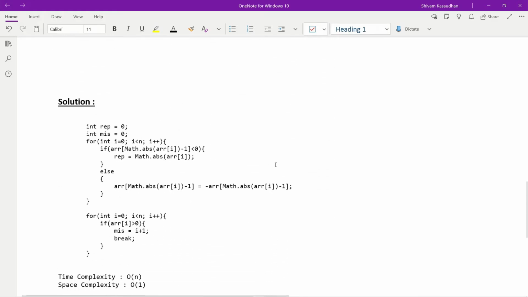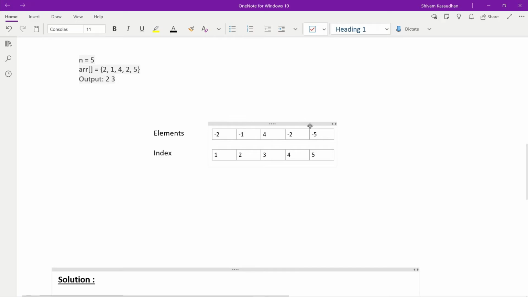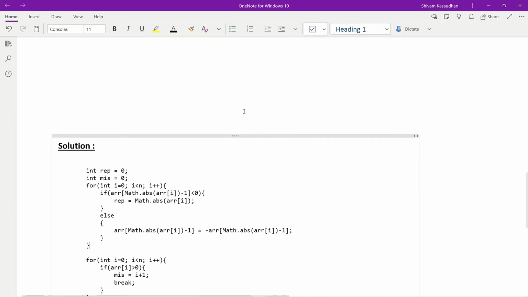So guys, in our solution what I have done is simply I have initialized two variables. One is REP, where I will store the repeated element, and another one is MIS, where I will store the missing element. Simply I have made 0 0 at the starting, and in the first for loop I am going to find the repeat number. I will traverse this array and the element that gets negative a second time, I will return as our repeat number.